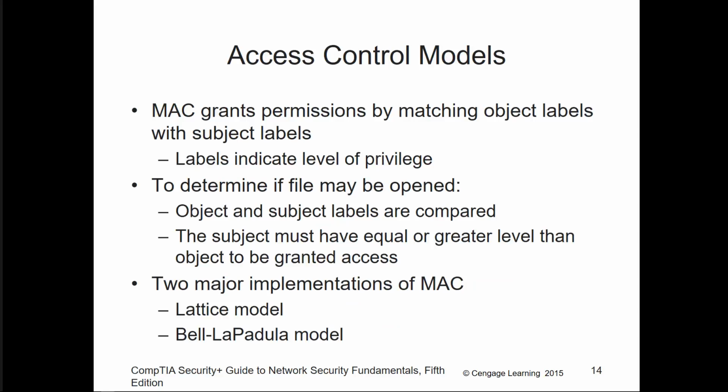MAC grants permissions by matching object labels with subject labels. These labels will indicate the levels of privilege. To determine if files may be opened, the object and the subject labels are compared. The subject must have equal or greater level to the object to be granted access. The two major implementations of MAC are the lattice model and the